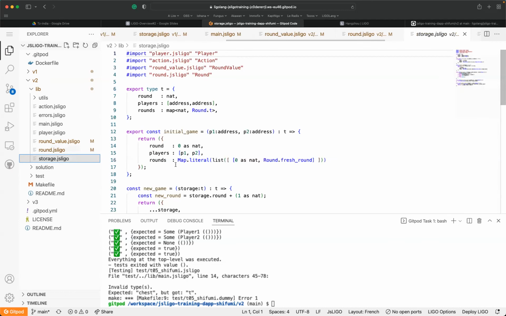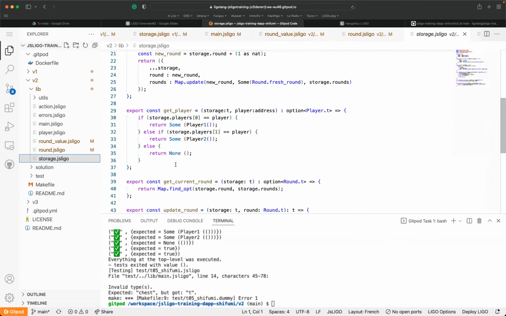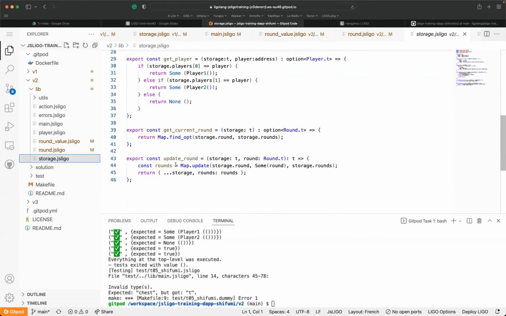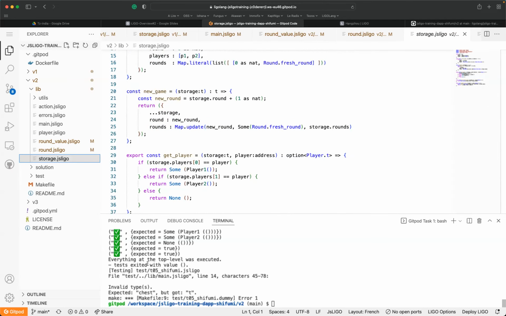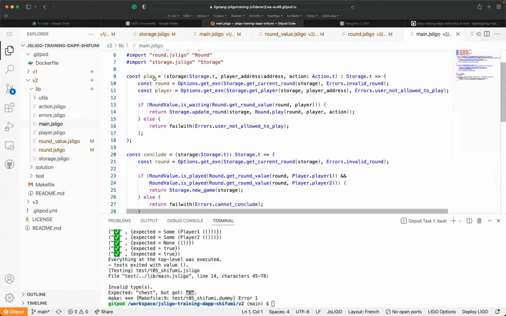The storage is not meant to be modified, okay? Because we have nothing related to the fact that we are going to play. It's just the update of the storage. So this is why we go directly to the test file Shifumi, and here you say, okay, you are waiting for a chest, but I have T. If I go to the main value, you say, okay, now play.